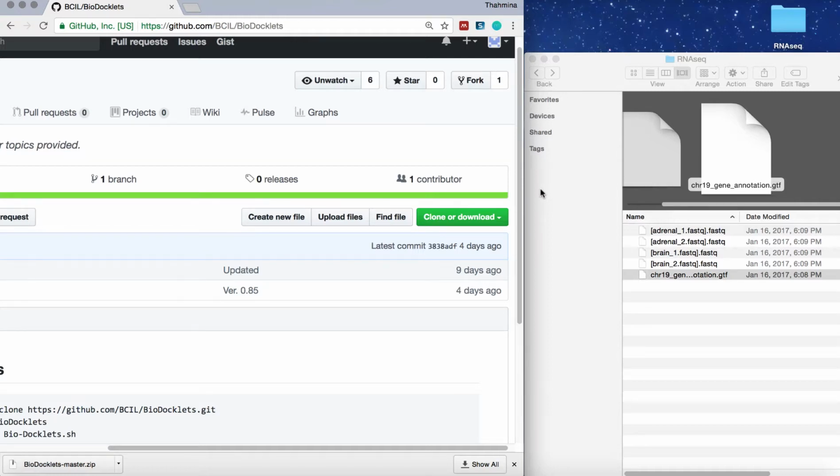Welcome to BioDocklets, virtualization containers for single-step execution of NGS pipelines. In this demo, we'll be showing you how to use BioDocklets to perform RNA sequencing analysis. BioDocklets currently supports running on Linux or Mac machines and requires the user to use a terminal to start up